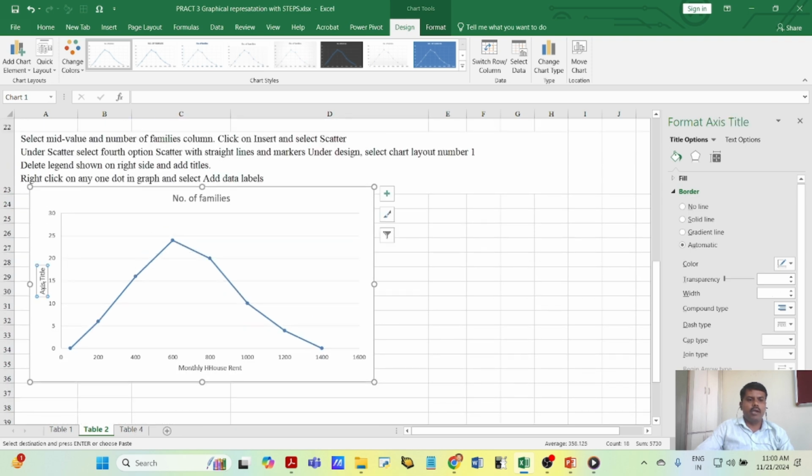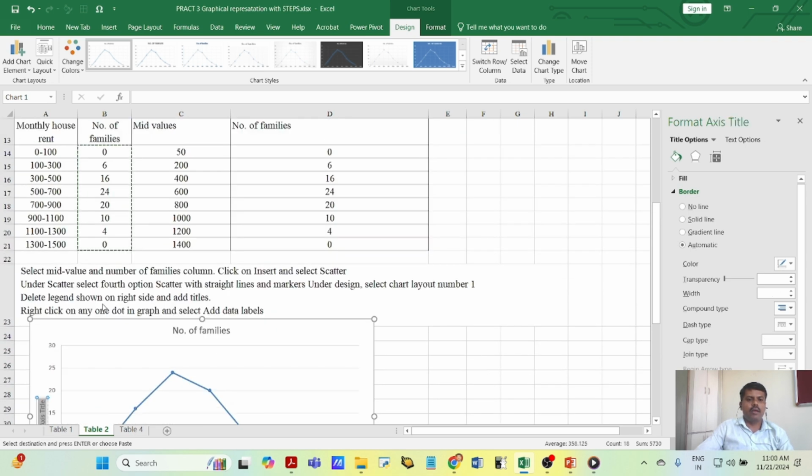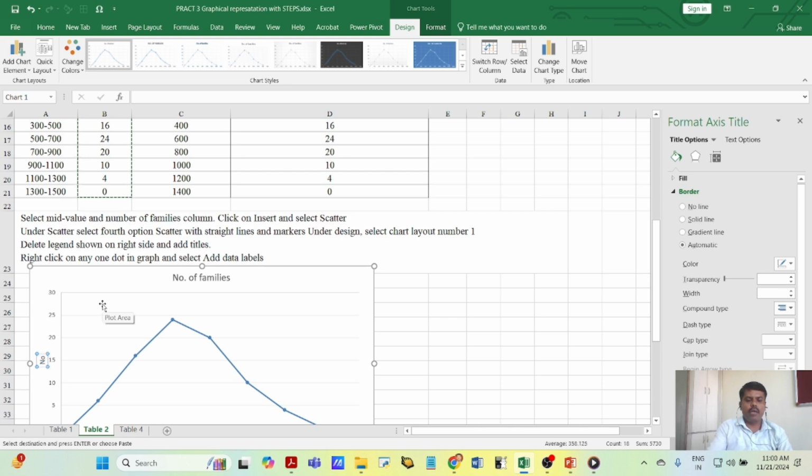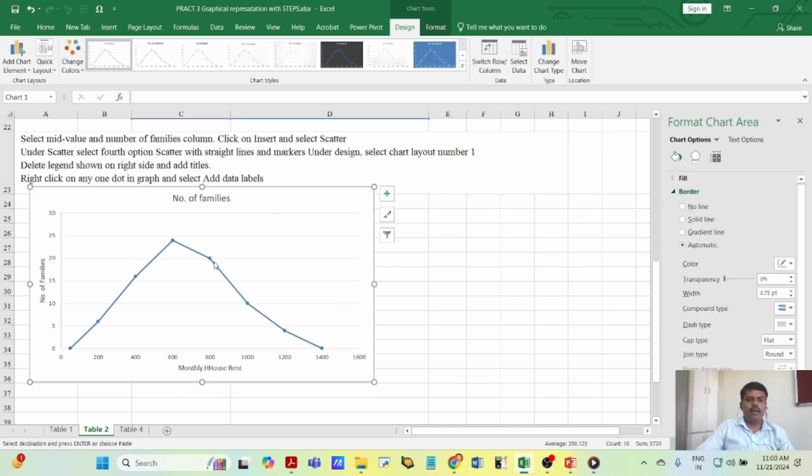And here is a number of families. Frequency means number of families. Then click on any one dot and right click at that dot. Do not right click on either side of this frequency polygon. So just right click on this dot